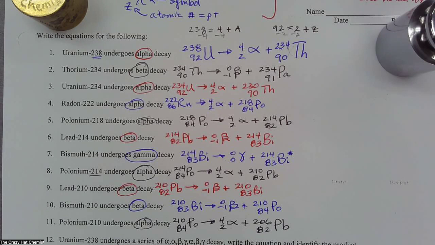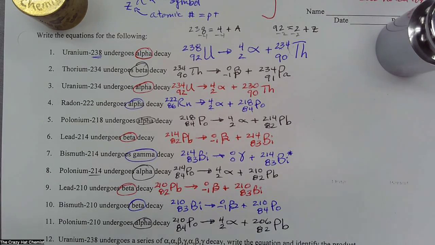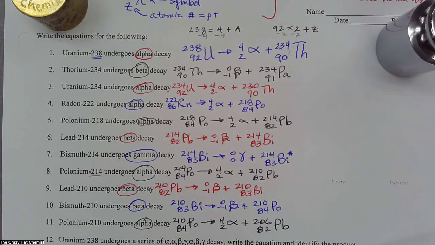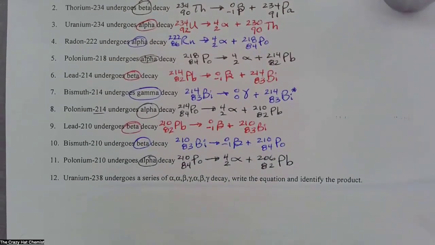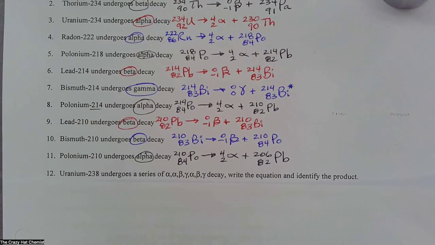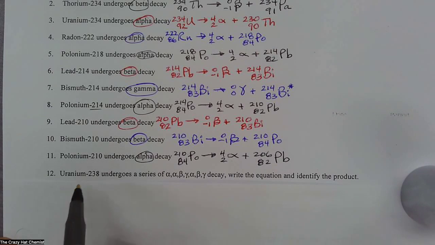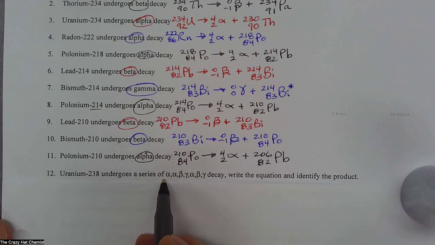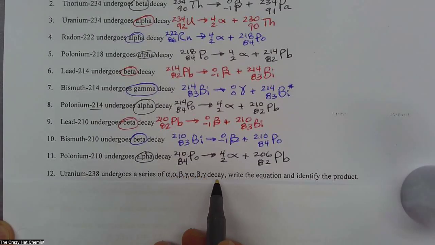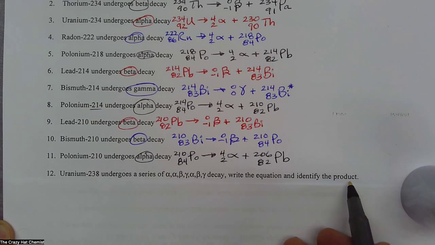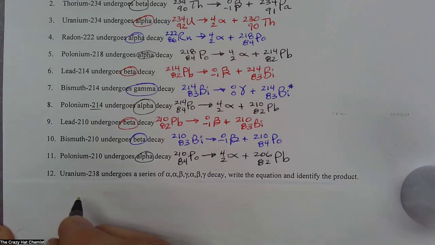Now what we're going to do is problem number 12 and problem number 13. Okay, so I'm going to fold this piece of paper over here. I'm going to scroll this on up here, and we're going to do problem number 12 first. Excuse me. So problem number 12, it says uranium-238 undergoes a series of alpha, alpha, beta, gamma decay. Write the equation and identify the product. So